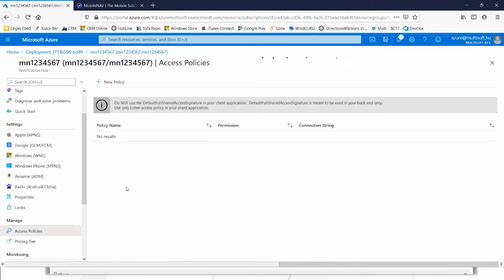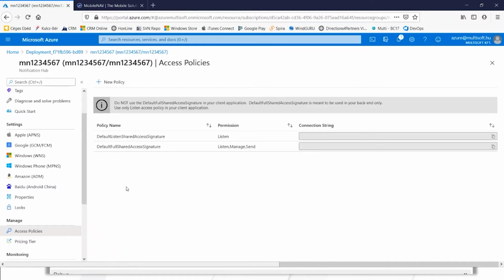And in the access policies, you will see two connection strings. One is the listen only connection string, which is for the devices, and the other one is the full access connection string. The full access connection string is for creating and sending notification messages to the hub, and the listen one is for receiving the messages from the hub. So let's copy the listen connection string first, and I switch to my